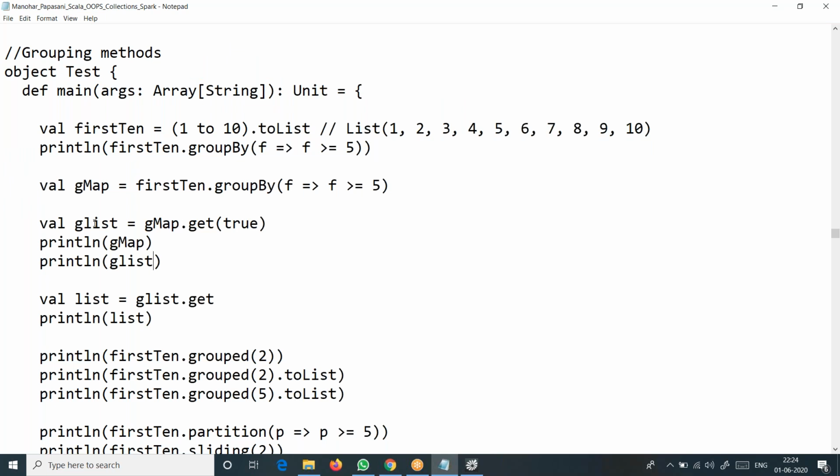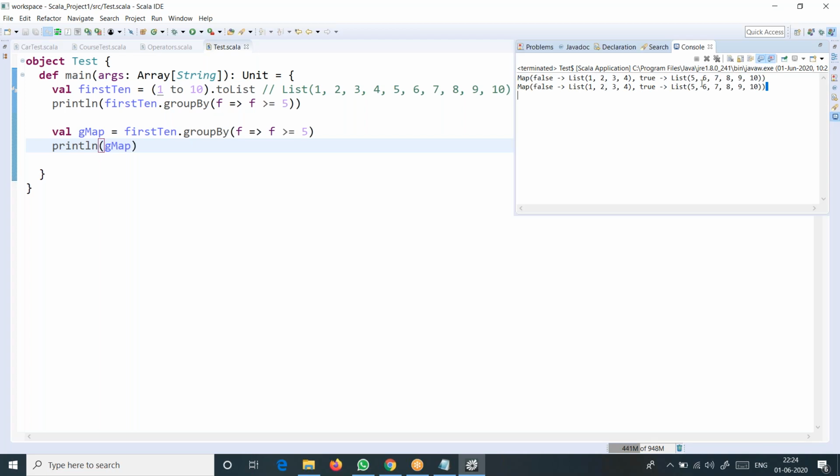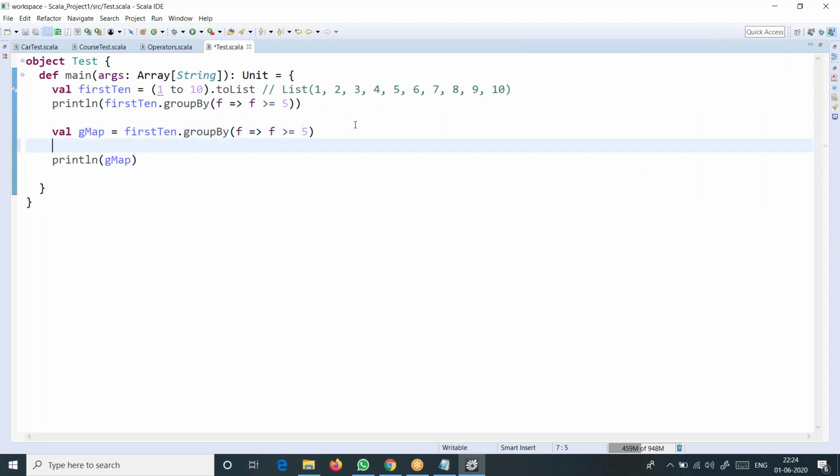And then, get true means it will get all the elements which are assigned to true here. You can see here in the output. When you say get true, you are passing the key, and the key is associated with a value list. All the elements associated with true are returned when you call that get method. Like when a map has this method, you remember. Anyhow, we will go deeper with the map concept.